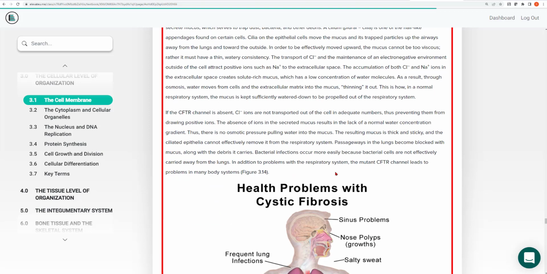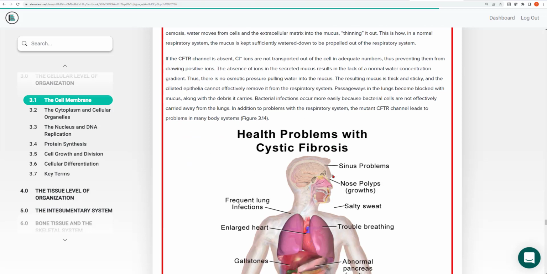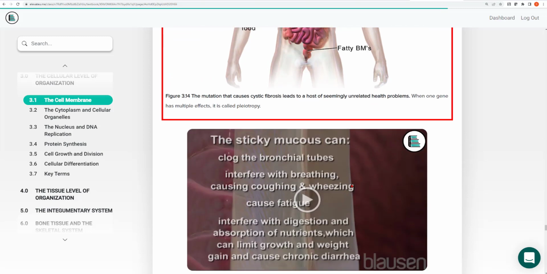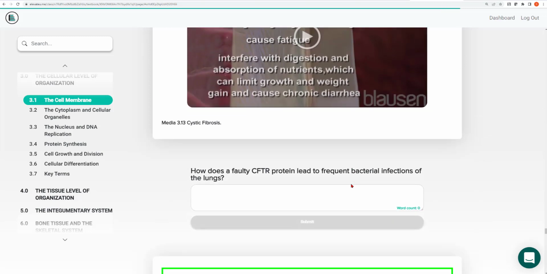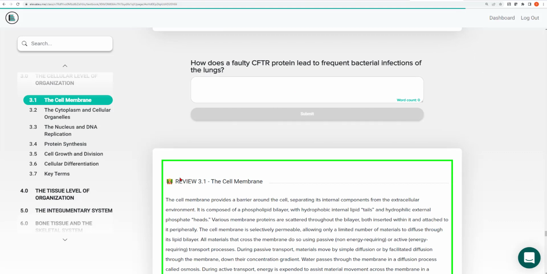This is a good reminder that every protein in your body has a purpose, a function. And if that protein is defective, then usually there's some significant problem that the person will deal with. It could be a life-shortening condition like cystic fibrosis, or it could be something less serious, or a protein that's faulty could actually lead to death. And so we see that proteins have important roles. This just happens to be the protein that, when it's defective, causes cystic fibrosis, and it happens to be one of those channel proteins. So that brings us to the end of 3.1.